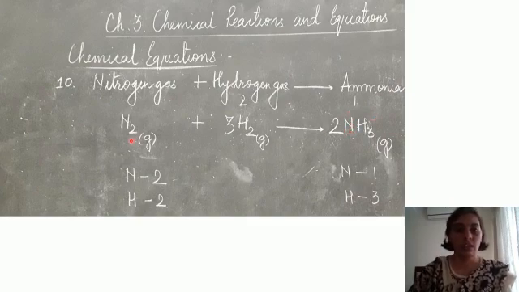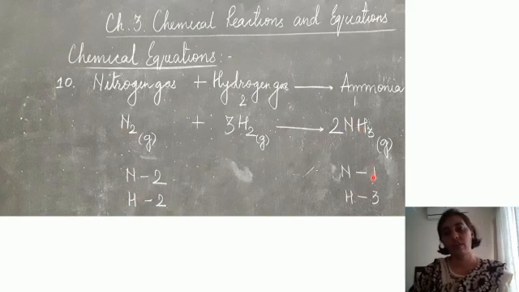Coming to balancing, nitrogen 2 and hydrogen 2 each. On this side we have 1 nitrogen and hydrogen is 3. So the first step in balancing is nitrogen. Nitrogen we will balance first. On top I have written down the steps, that is, which molecule you will balance first. In the previous slide I have not mentioned this, but those numbers written on the top indicate that you have to start balancing from that particular molecule. So here we are starting from balancing nitrogen. This is our first step.